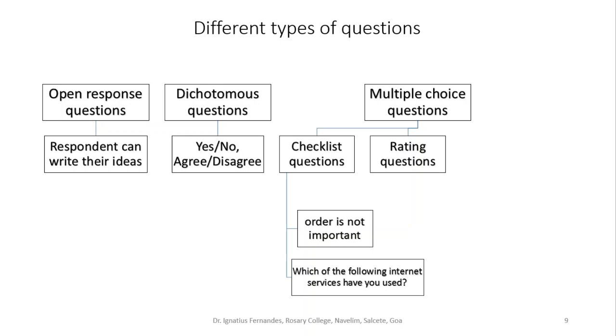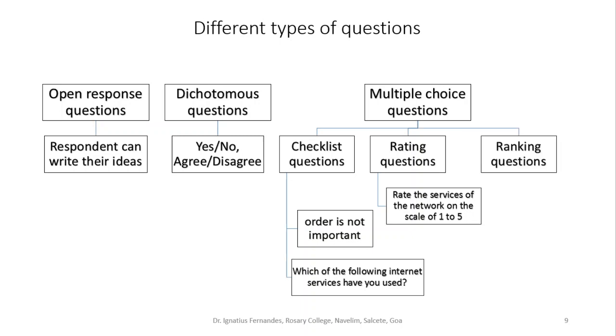The other kind of questions are rating questions, where there is an order involved. It's something like asking someone to rate the services of the network on a scale of 1 to 5, where 5 is very good and 1 is very poor. So there is an order involved here. This scale can be of any size. It can be from 1 to 5 or 1 to 10, depending on your way of measuring it. Or there is the Likert scale, which has strongly agree and so on, with 5 points. So when order is important, they are called rating questions.